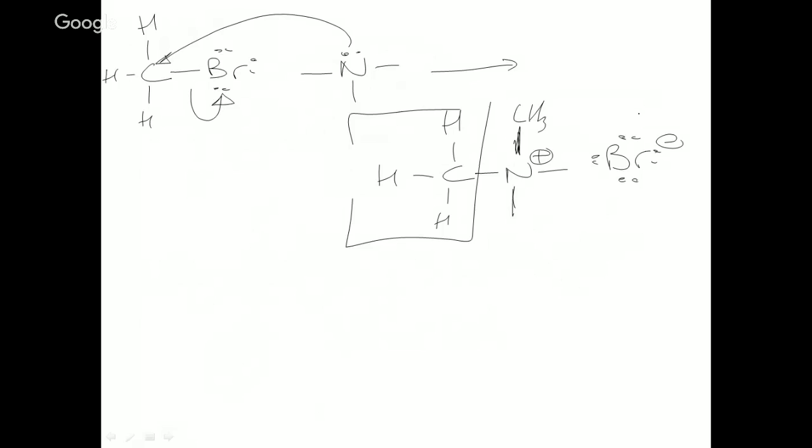Let's talk about leaving group. Okay, we're showing the bromide as a leaving group for chapter 7. We'll show some other leaving groups, but the biggest one is halogens. Okay, so chlorine, bromine, iodine are all good leaving groups. We'll see later that water is a good leaving group. We'll explain that later. Okay, NH3 is not as good of a